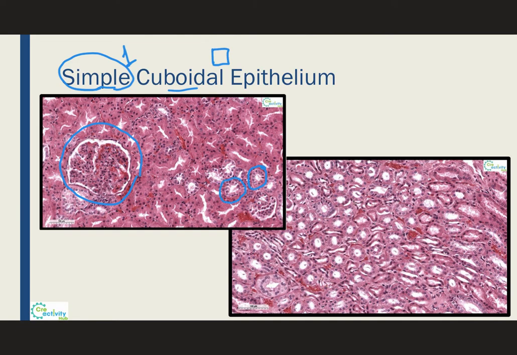We can see these right over here, forming a cluster of tubules. And on this image to the right, it seems like the only thing being represented are these tubules. Notice how they form a circle of cells that look cuboidal and that are all arranged in one layer. And this space in the middle is called the lumen of the tubule, where there will always be a substance